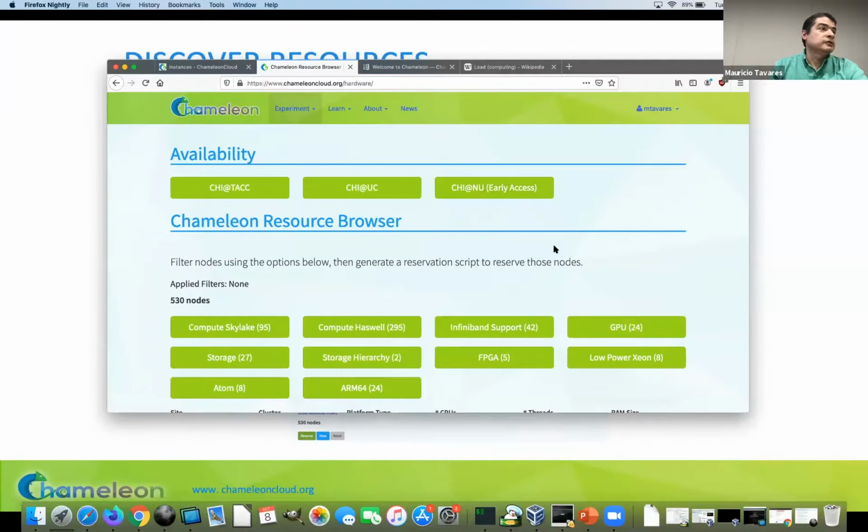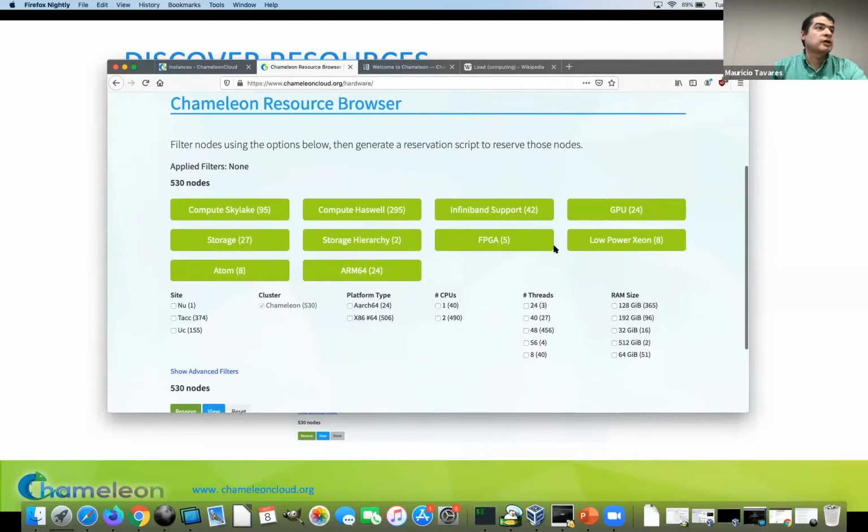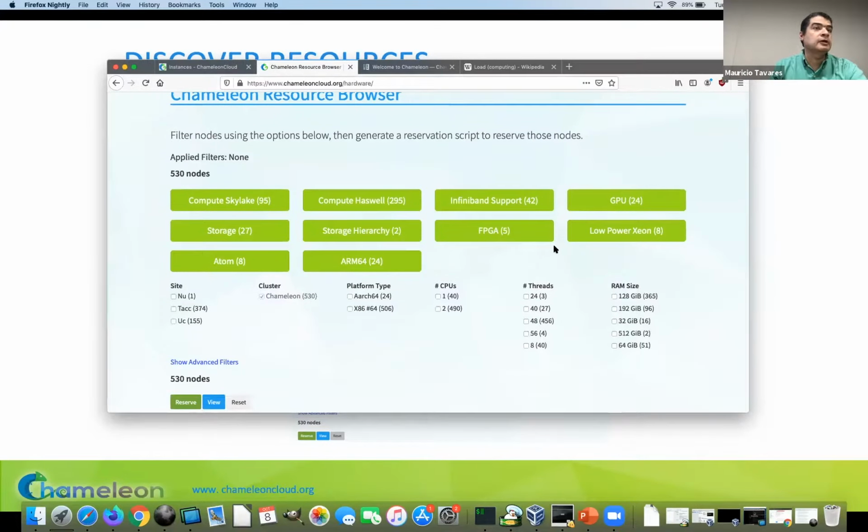Then it gives a list of all the nodes currently running. This is real live, which is why it's showing 530 instead of 600. You see a bunch of Skylakes, the newer CPUs, Haswell, the older CPUs, InfiniBand support so you can play with networking, 24 GPUs,